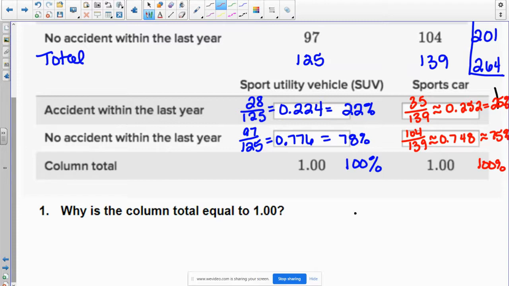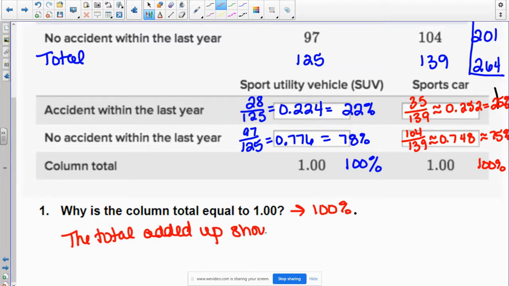Well, I kind of explained that. One thing makes more sense to me if I change that to 100%. Okay, so if the columns didn't add up to 1 or add up to 100%, then you know that your relative data or frequency has to be off somewhere, because it should be 100% of the people who took the survey. So the total added up should be